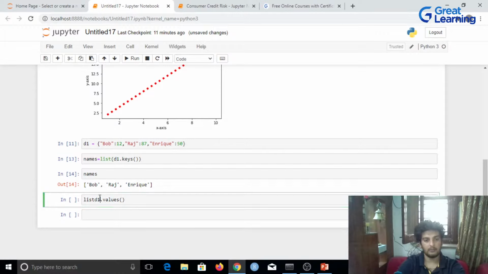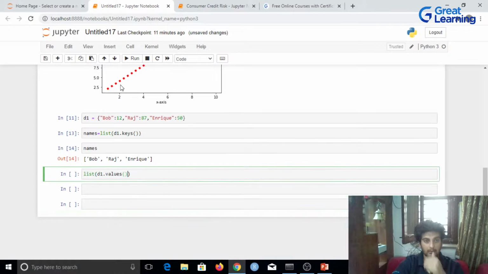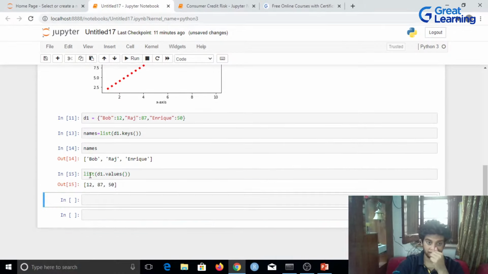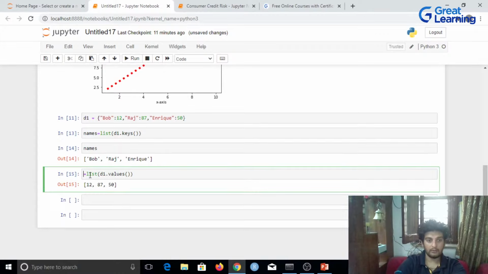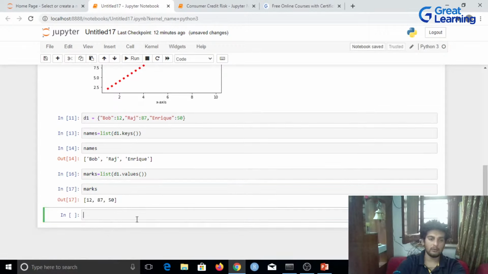Again over here, let me cut this out and put it inside this. Let me run this now. And I will store this in a new object, and I shall call that marks. And let me also print out marks over here. So we've got the names, we've got the marks.